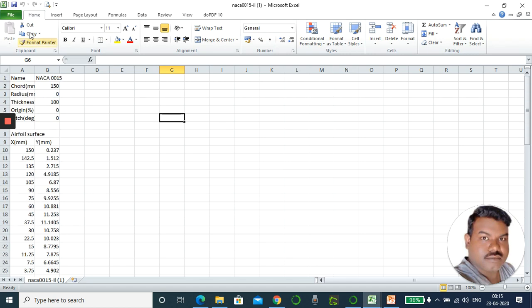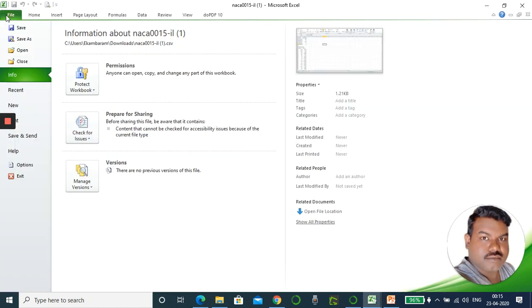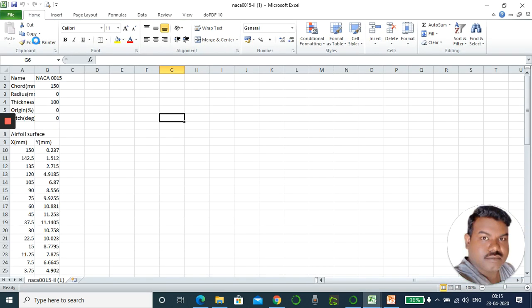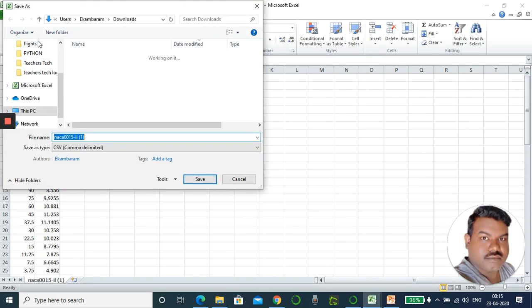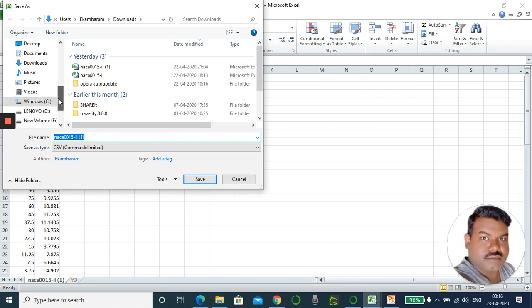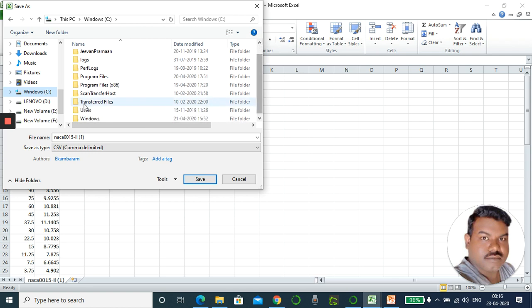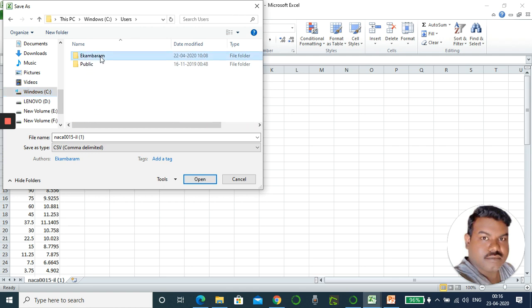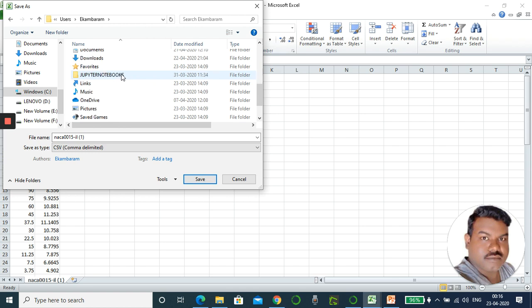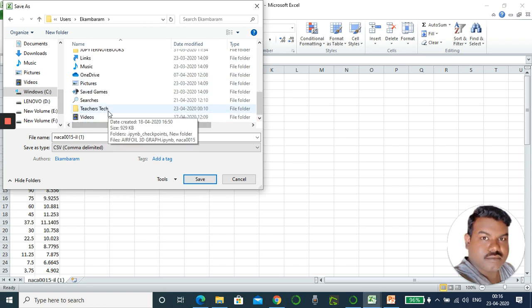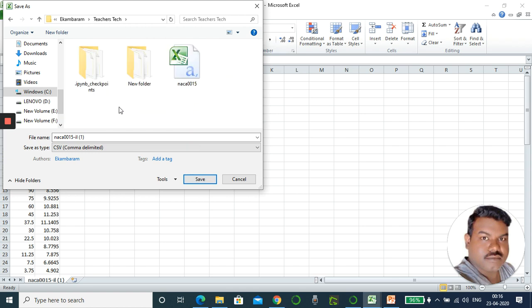First thing is you have to save this file, click save as. Go to our root folder, that is in C drive, Users, and your username, and here I have created a folder called Teachers Tech. Here you save it in a different name.